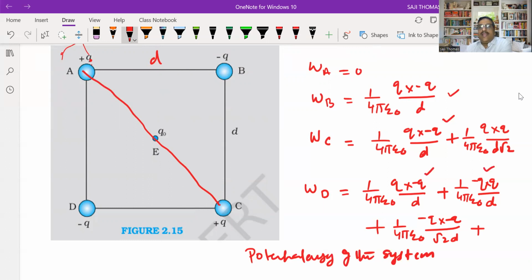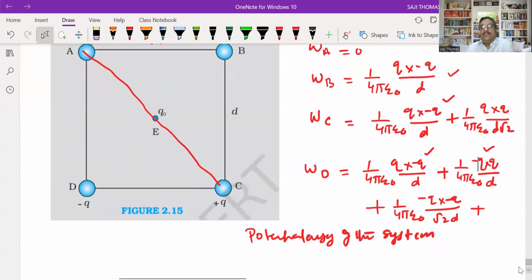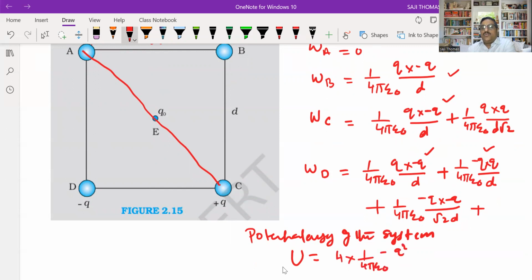See, these four like terms I am adding first. So what will be the potential energy of the system? U is equal to, when you add all the works, that four like terms: 4 into 1 by 4 pi epsilon 0, q into q, that is minus q square divided by d, plus